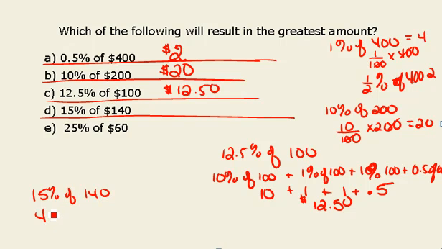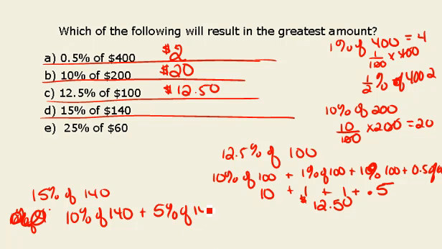I can find 10% of 140 plus 5% of 140. 10% of 140 is $14, and 5% of 140 is half of $14, or $7, which results in $21. Finally, if I want to find 25% of 60, this would be taking 60 and breaking it